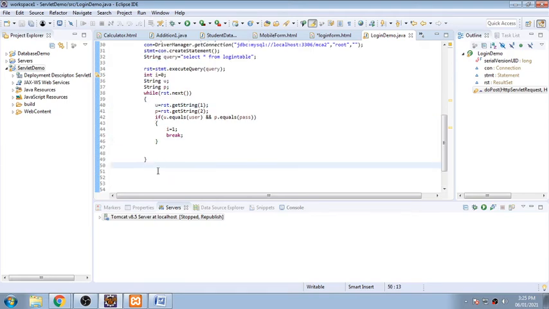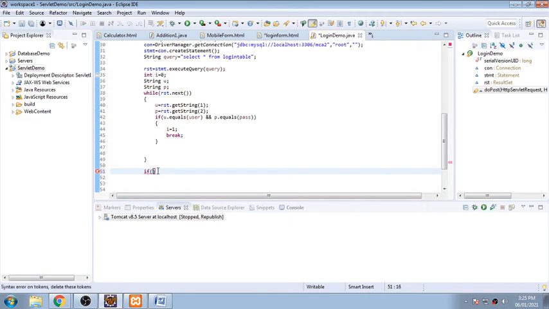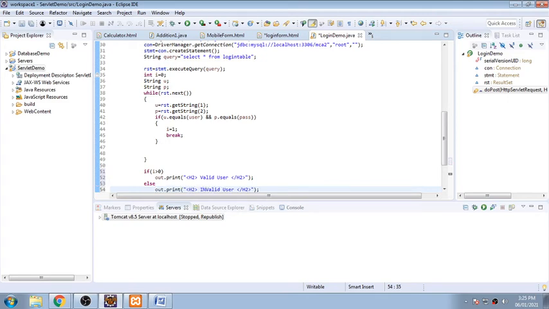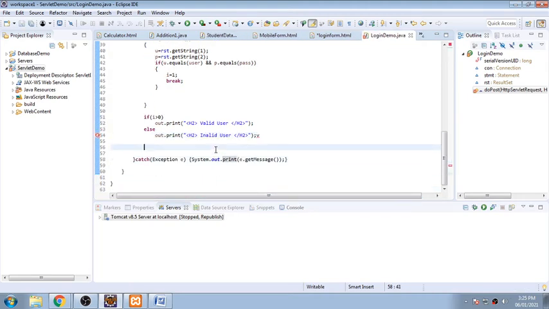So out of this loop I am writing, if i is greater than 0, out.print h2 valid user, closing slash h2, so valid user will be displayed, else it will display invalid user. So are you clear with this one?